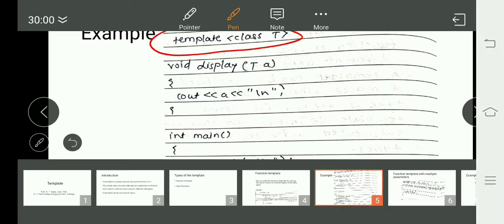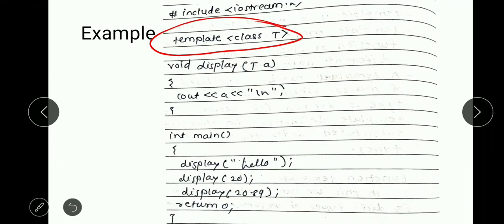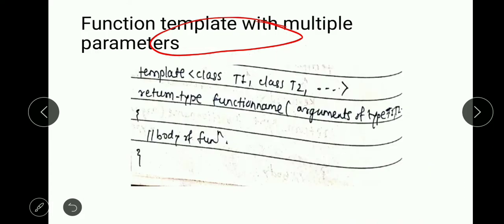Again, whenever I call display 20, then t is replaced by the integer. Again, whenever I call display 20.89, then t gets replaced by the float value. So in this way we can use the template inside our program.